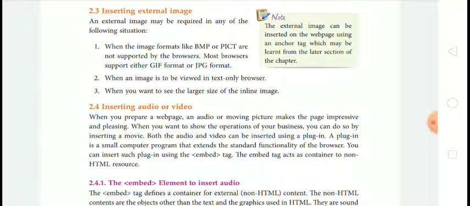The second is when an image is to be viewed in a text-only browser, when you want to see the larger size of the inline image. Note, the external image can be inserted on the web page using an anchor tag, which will be learned in a later section of this chapter. So this way you can insert an external image.